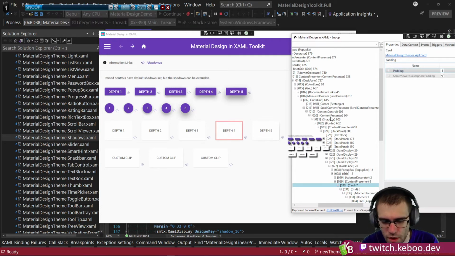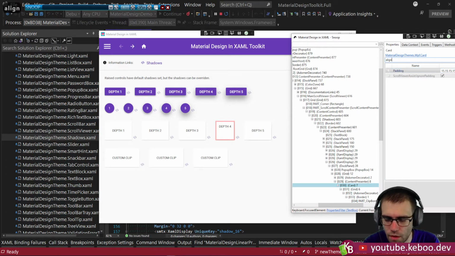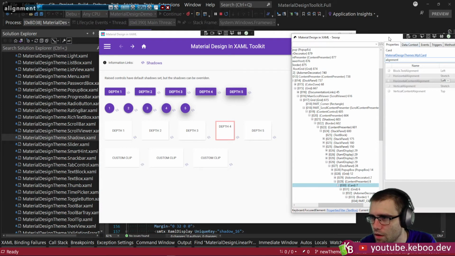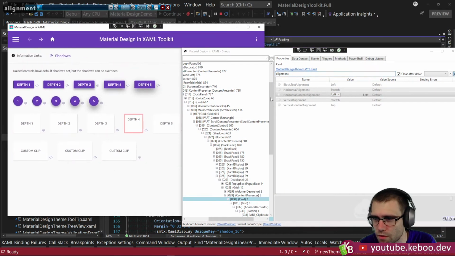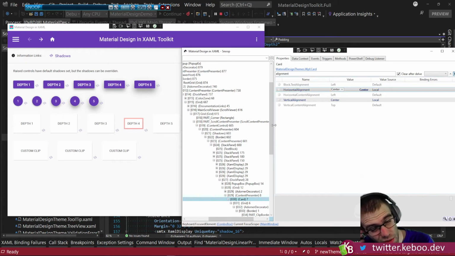So if I change that, it shrinks it up, obviously. How about alignment? So I can get it all the way on the screen. Let's see, vertical alignment center. Vertical alignment center. So even though there's space around the control,